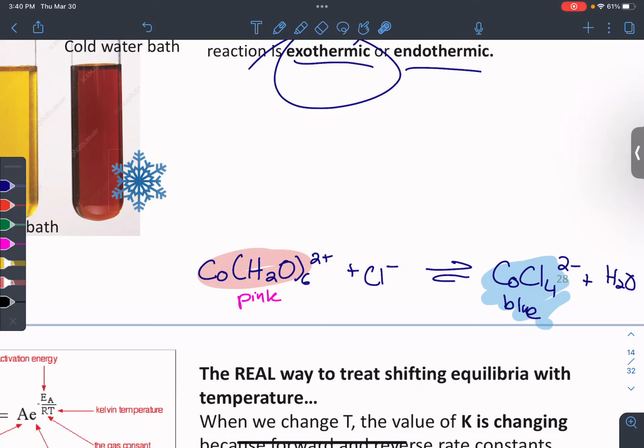All right. So have a good weekend. Remember my review sessions tonight. Oh, and the last one I was supposed to do, I was going to add salt, NaCl. If I add NaCl, what's going to happen? Should turn blue. Yes. But it's not very obvious. It's not a bright blue like the other one.